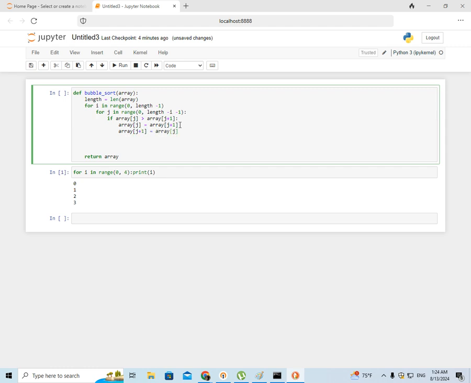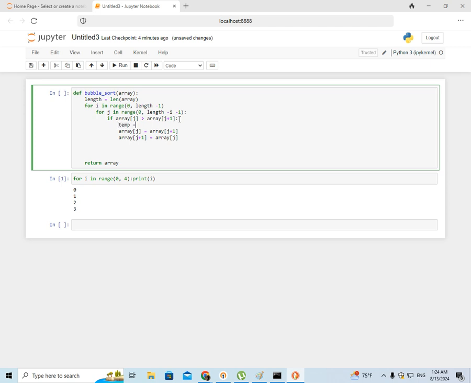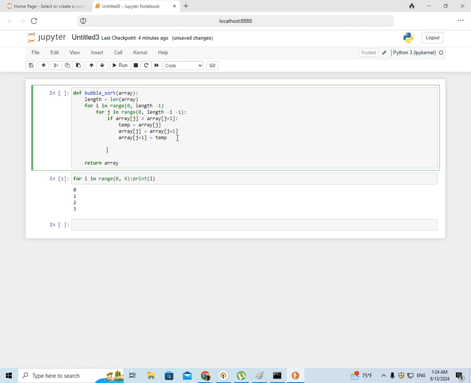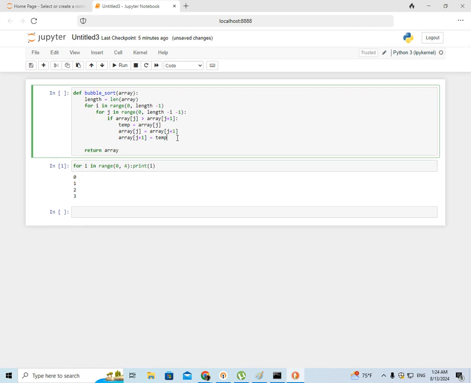But we have one problem in here, because when we say this, it's overridden in here, and the value of this is not the same anymore. So we need a temporary variable to store the value of array j before overwriting it, and we say array j plus 1 equals temp. And once all cycles are finished,